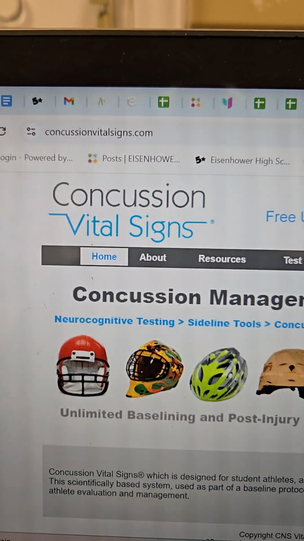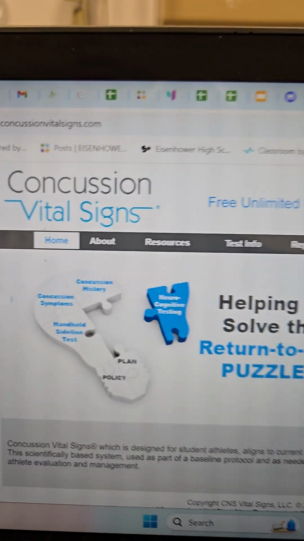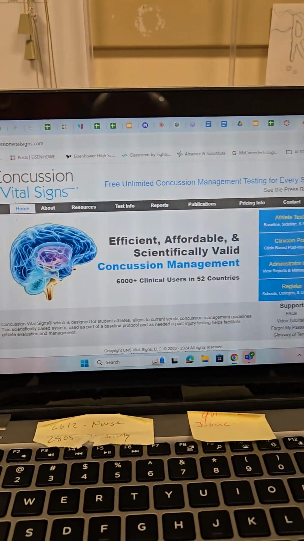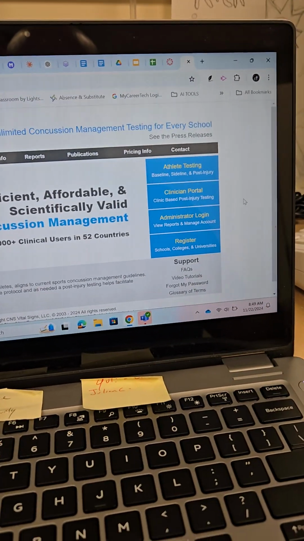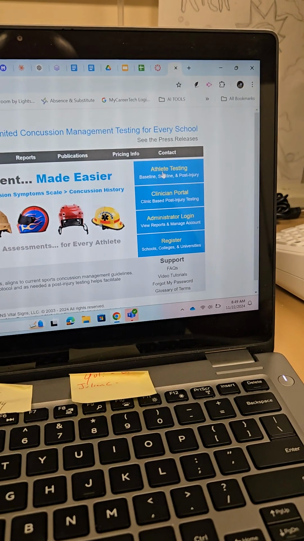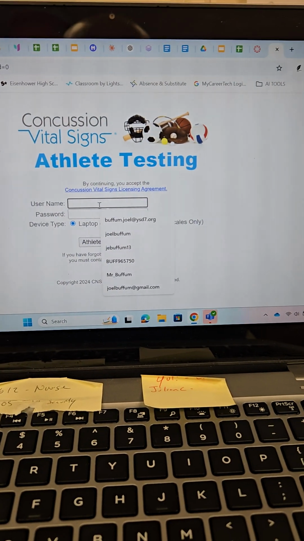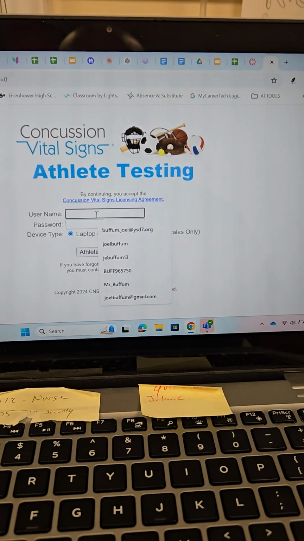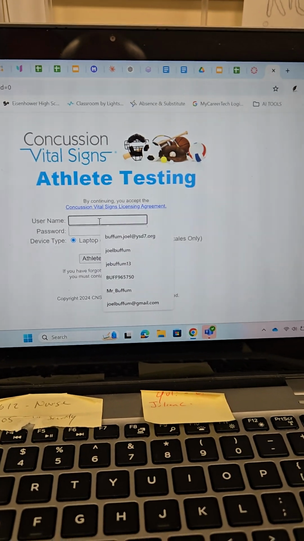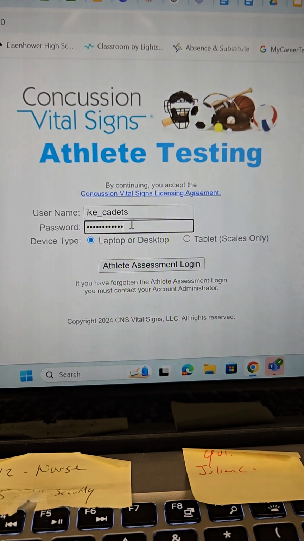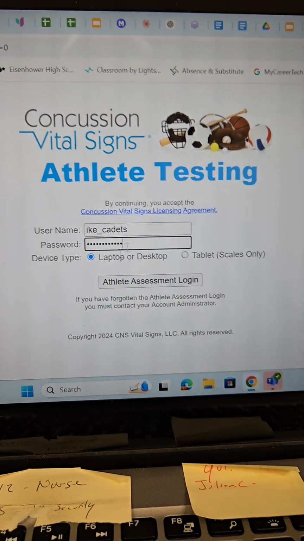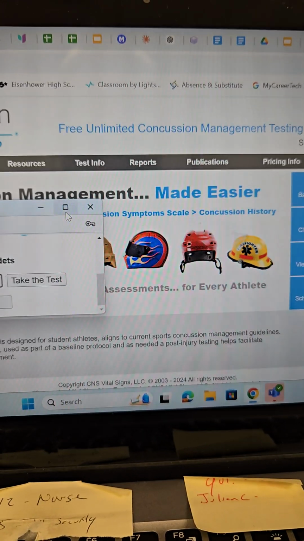To start off with, you should go to concussionvitalsigns.com. If your website does not look like this, please raise your hand because you are on the wrong website. Then please click Athlete Testing. You will need to put in your password as provided by one of the students, Mr. Holliday or Mr. Buffum. Once you have your username and password entered, click Athlete Assessment Login and it will open